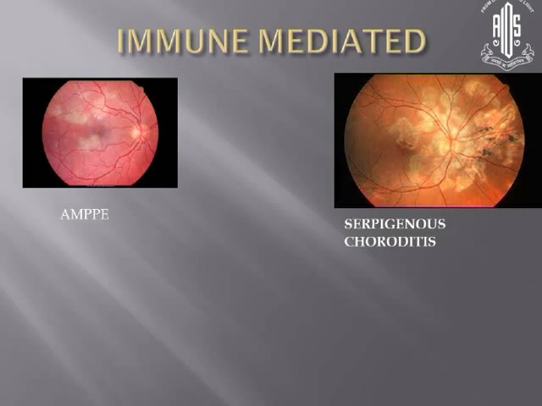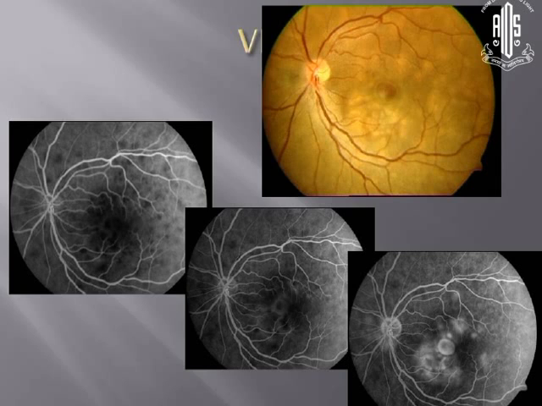This is an example of AMPPE, where you see the vitreous is absolutely clear, and there are placoid lesions in the posterior pole. In serpiginous, again, the vitreous is absolutely clear, and you see one area as the lesions are healing and another as it is progressing. So these are very typical presentations, and one can easily diagnose on clinical examination, and they are all immune mediated. Again, VKH has a very classical presentation of exudative detachment in the retina with panuveitis, and on fluorescein angiography you can see a classical starry sky-like picture, and there is pooling of dye in the late phase in the subretinal space because of detachment of the retina.